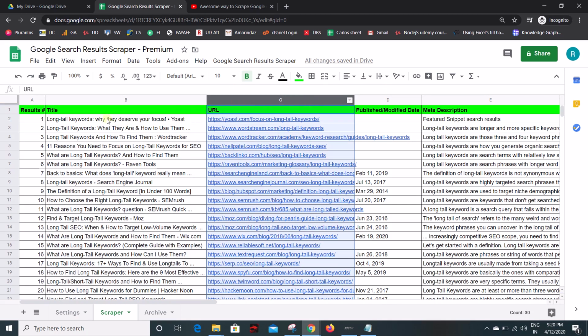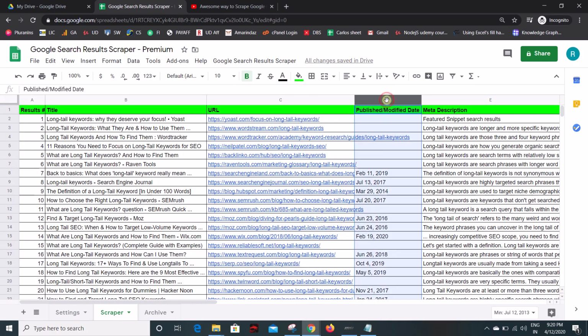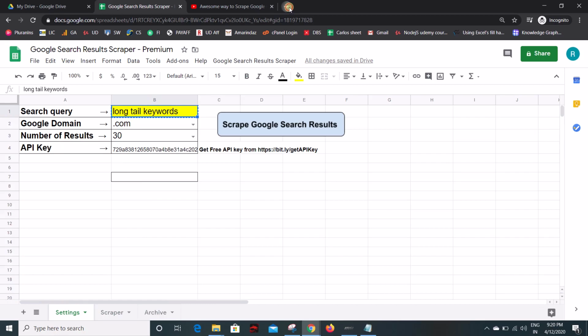And if these search results contain any published date or modified date, that will be shown in column D, and then the metadata description. So I have given long tail keywords. Let's go to Google